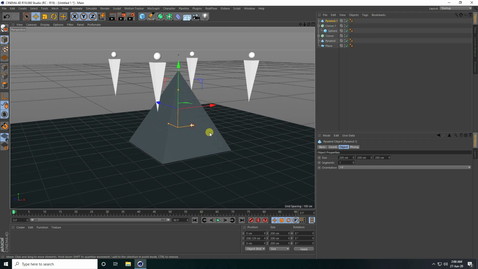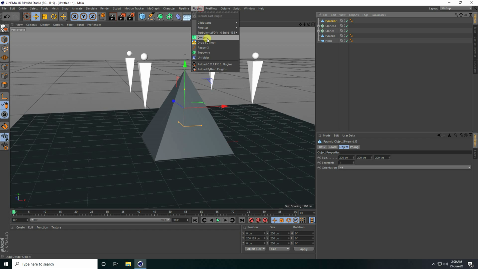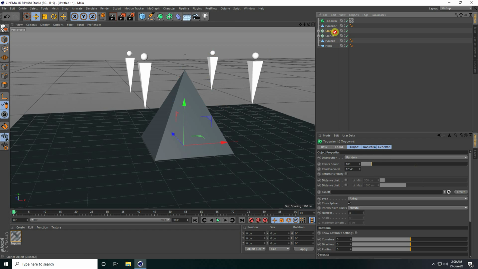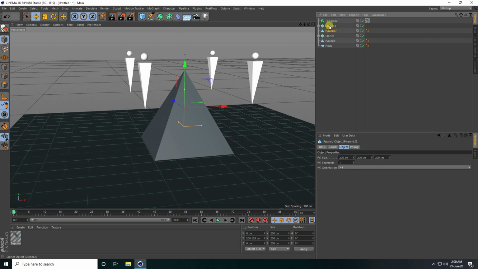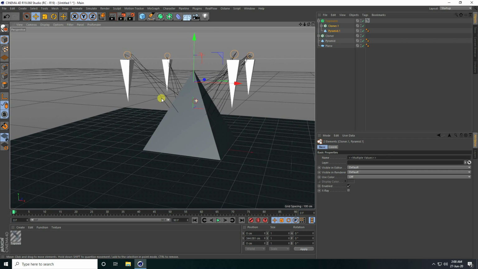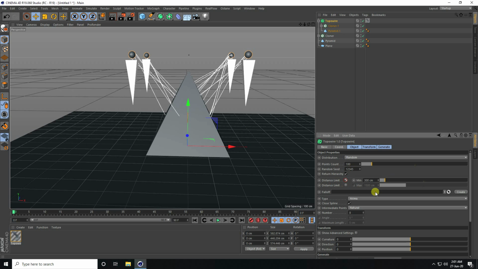Okay, so now guys, I apply Topo Wire. Go to plugins and use Topo Wire, and select this cloner, this one, the sphere, and select this one. Select this pyramid, made one, and make it a child of Topo Wire. Select this Topo Wire and check return hierarchy, and check distance limit. Also I change the type to B-spline, and number